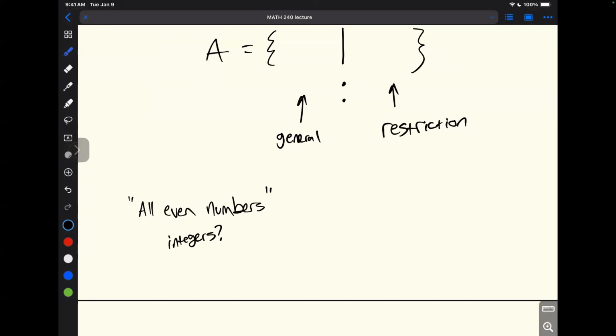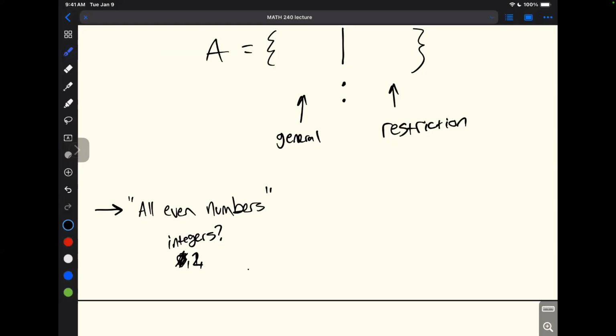So the book, and then maybe we want to further restrict it: do we want to include negative numbers? Do we want to include only positive numbers? We have to think about how to restrict this down into something very formulaic that we can write in set builder notation. So the book looks at only positive integers. Well, since we're looking at evens,